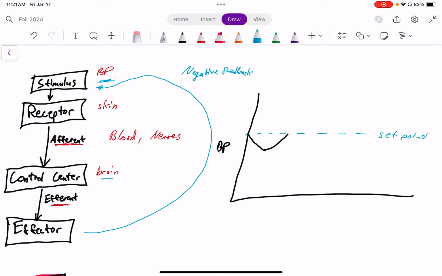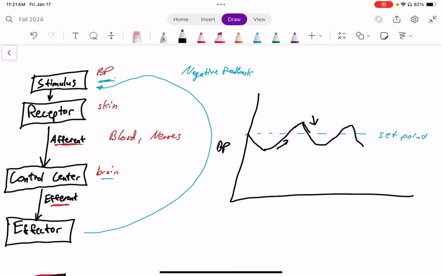And so there'll be an increase in blood pressure, and then there'll be a stimulus that says, well, that's too high. It goes back to the brain. The control center, the brain, sends an afferent nerve signal back to the effector organs, the blood vessels, and tells them to release a little bit, meant to decrease the peripheral resistance. And so it would go back down. This process just keeps happening over and over again as the body's effort to maintain a variable at a certain set point, to always move the variable back to set point when there's a deviation.